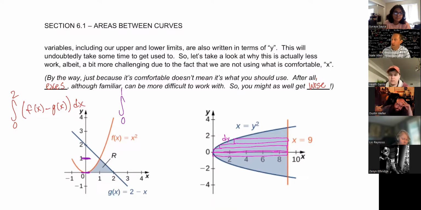But that's along the what axis? Why? Which means now I'm going to be using g of y